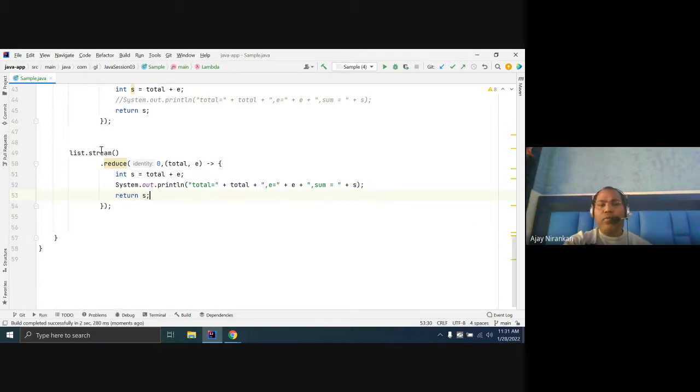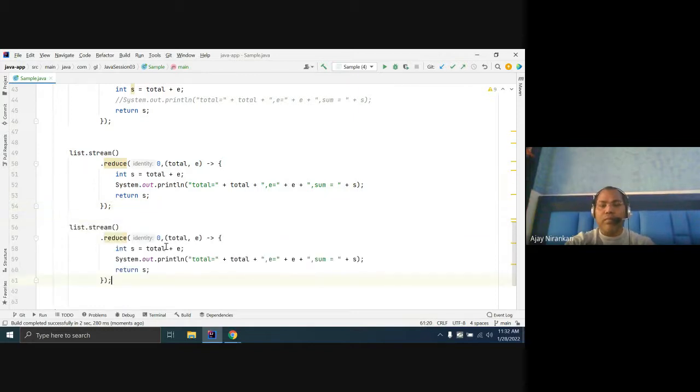So sometimes we pass an identity, that means the initial value. What does this operation do? What is the initial value? Let's say I want to change the operation to multiplication.